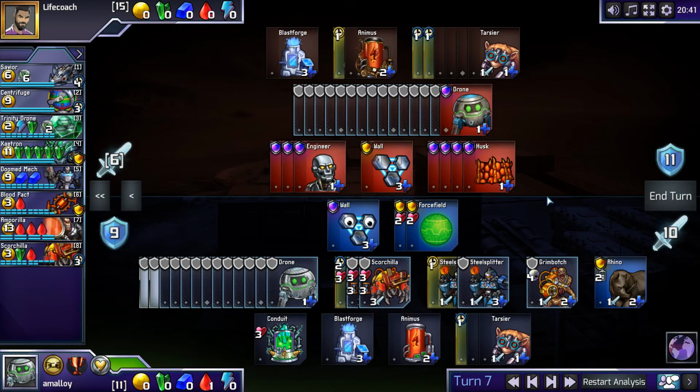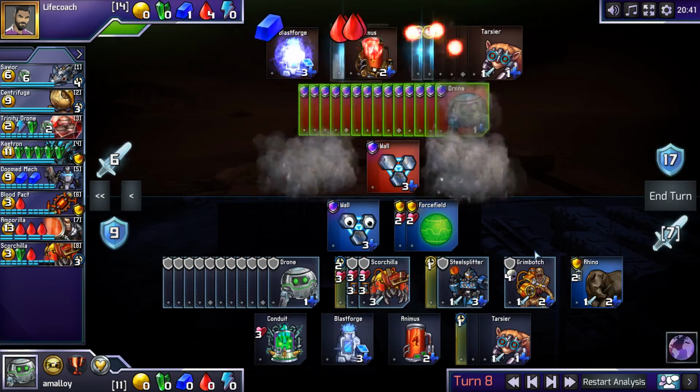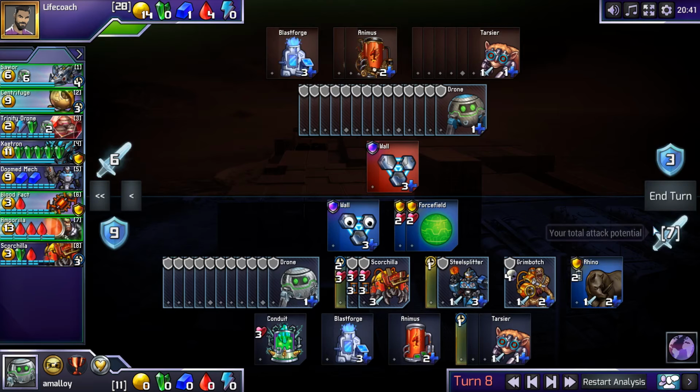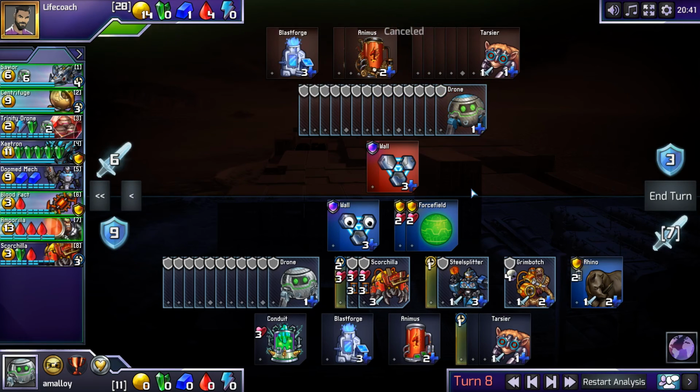Get the Rhino as well. And suddenly I'm threatening 7. And there's just absolutely no way this Amparilla can come down, right? He has to just sit here looking like a big dummy with 2 Animuses. Yeah, this looks absolutely hopeless for him all of a sudden. Just that one tiny difference of...